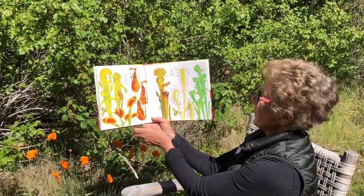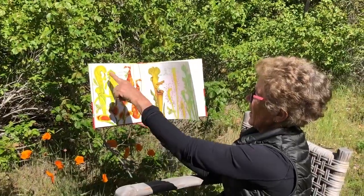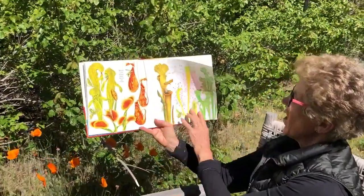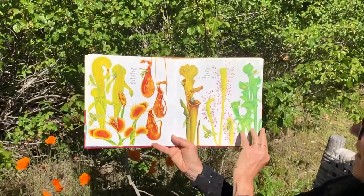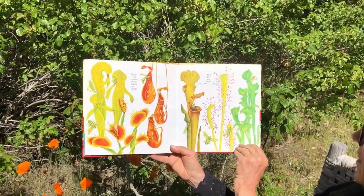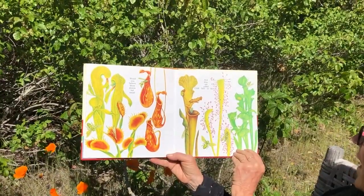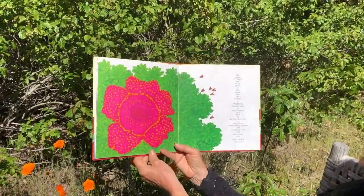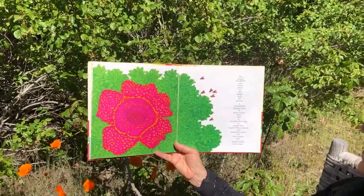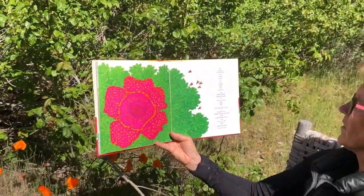Would you believe these plants eat meat? These eat bugs, and they are called carnivorous. They catch the bugs by having a trap to catch them and a smell that the bugs like. And then they actually eat the bugs. It's kind of weird. The largest flower ever found grows in the jungle near the ground, a parasite clinging tight